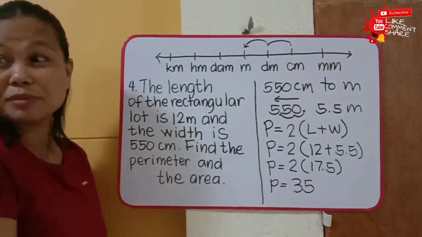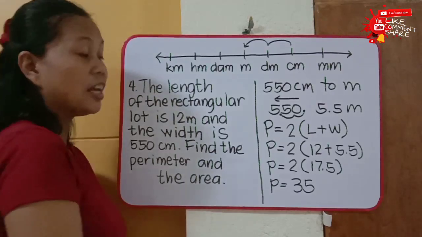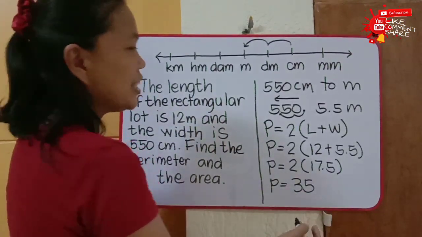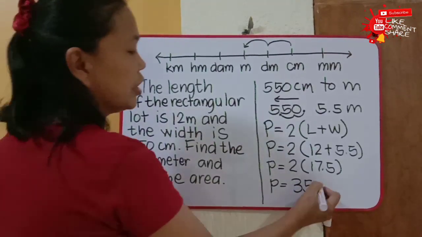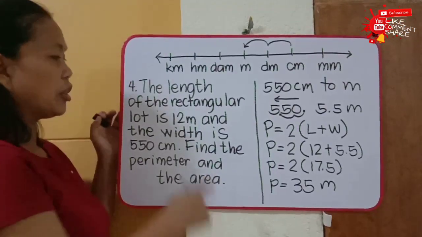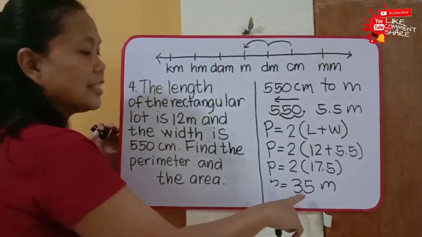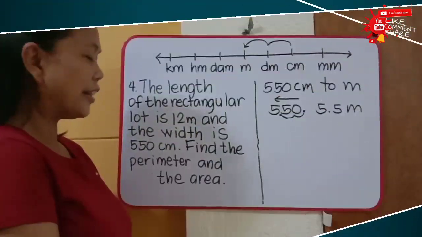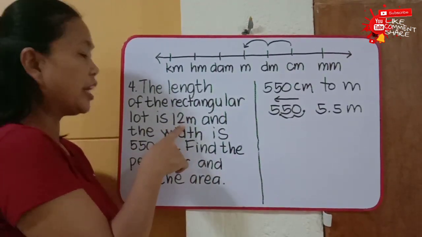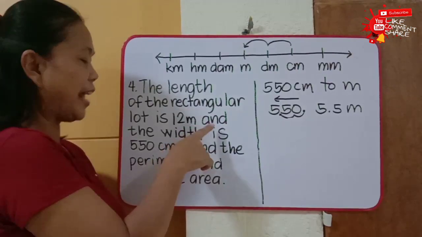Okay, so 2 times 17.5 is equal to 35. And what is the unit for our perimeter? So it is meter. So the answer for the perimeter of the rectangular lot is 35 meters. Okay, now let us compute for the area of the rectangular lot with a length of 12 meters and a